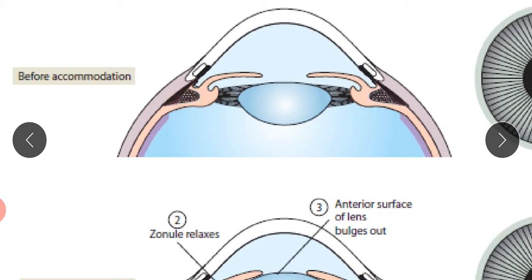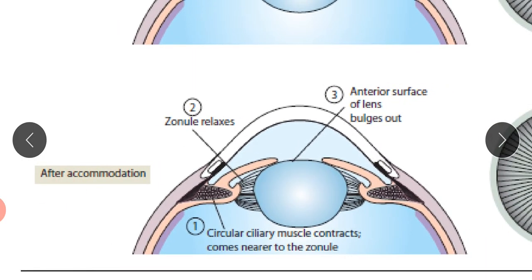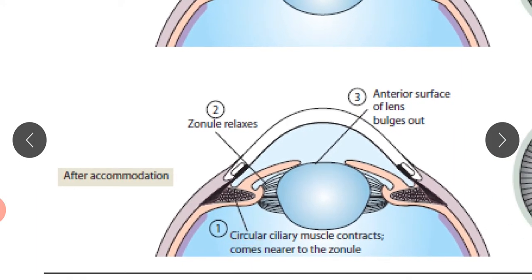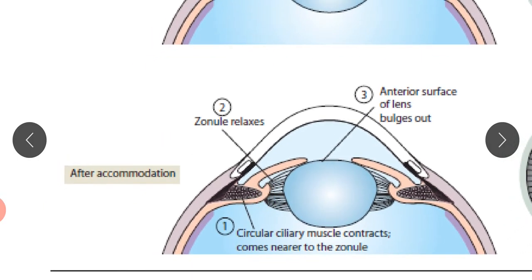These are the ciliary muscles, or ciliary body. This is the zonular fiber of the suspensory ligament, which is attached to the lens. Before accommodation, when we are seeing a far object, this surface is flat. Now, because of the accommodation mechanism, signals come to the ciliary muscle and it contracts, particularly the circular ciliary muscle, and this drags the ciliary body towards the cornea. That's why the tension on the suspensory ligament fibers is loosened.